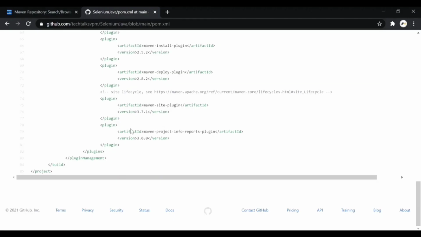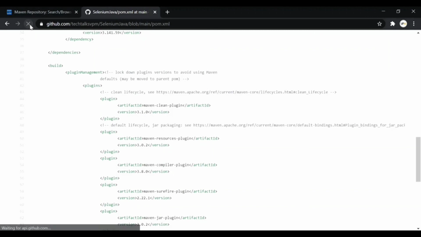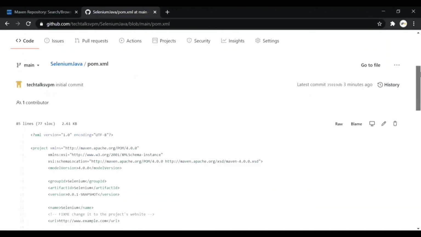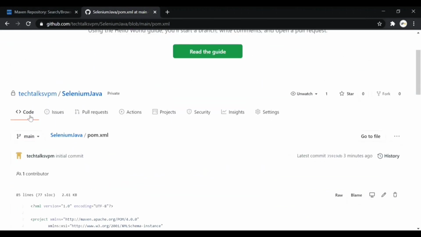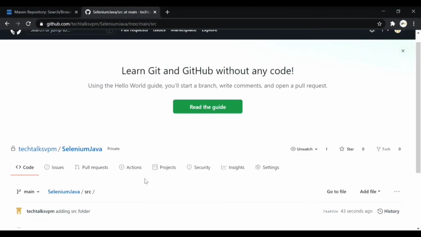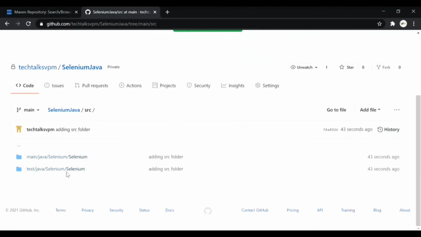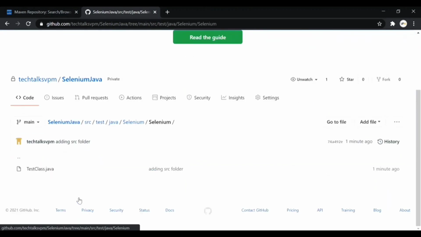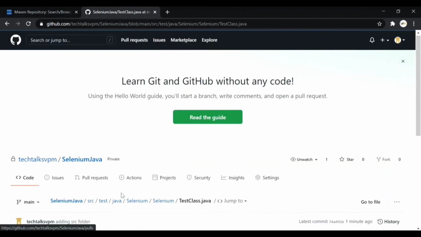So the src folder has been pushed. The src folder contains all the other folders, right? So here you can see the second commit on the main branch, with the message adding src folder. If you open src, you can see the other folders as well. Here you can see the testclass.java.